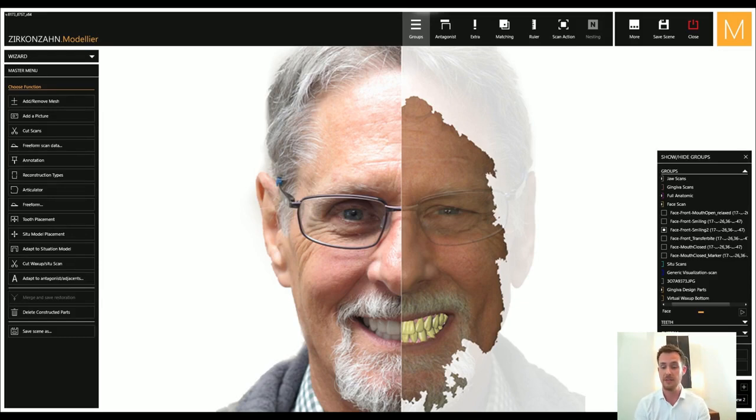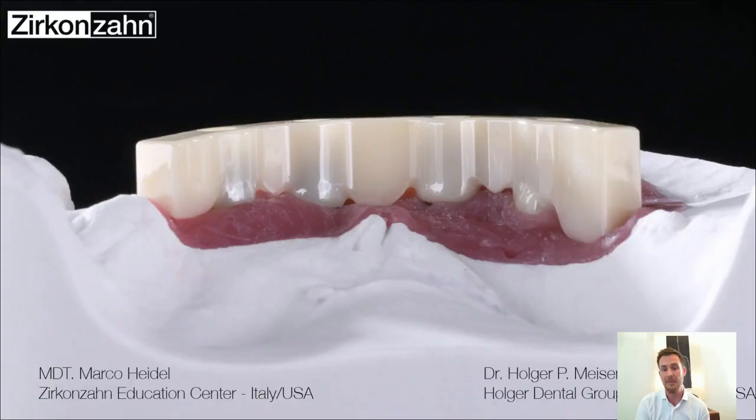And as you can see here on this picture, I just matched the digital situation onto the real situation the doctor captured via a photo, and everything aligns, fits perfectly to each other. And the final restoration is a little bit different,